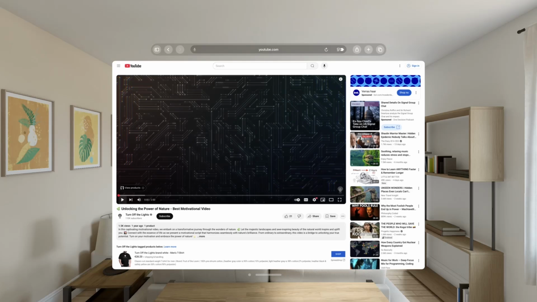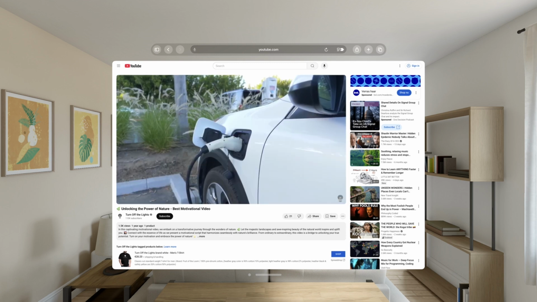Today, I'm going to show you how to open the options page of the Safari extension on the Apple Vision Pro, and we're doing it with the Turn Off the Lights browser extension. Let's go! When watching a YouTube video in Safari, you can dim the web page by clicking the puzzle piece